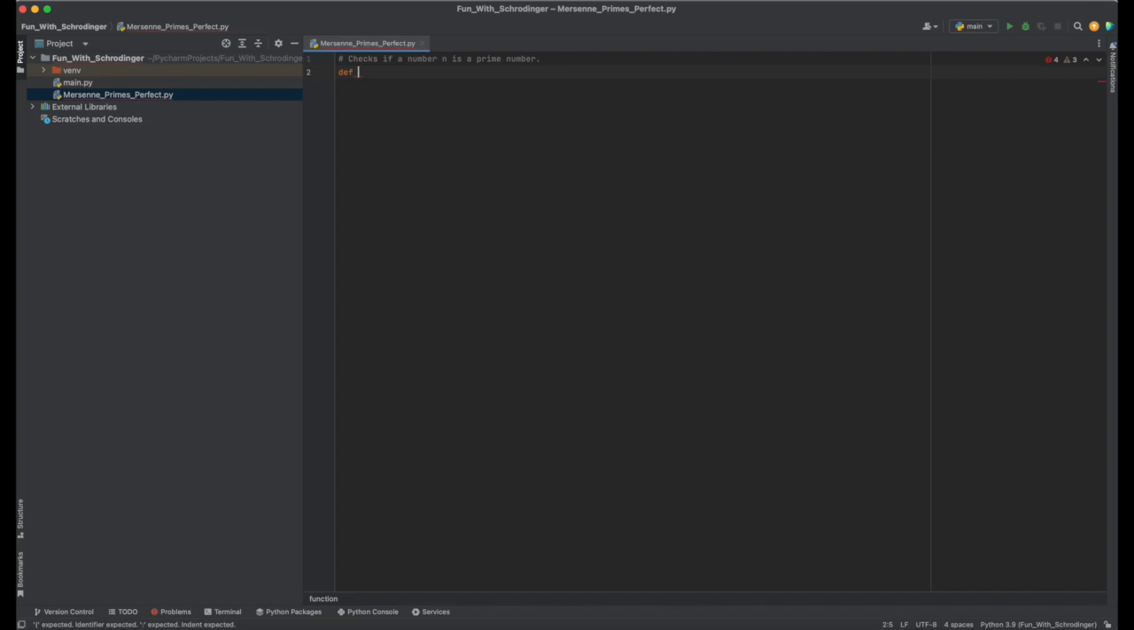Now let's define a function is_prime(n). Okay, now we'll just put the basic things. If n equals 1, then return 0, which means it is not a prime, right? And now let's put a for loop, and for i in range 2 to n integer divided by 2, if n